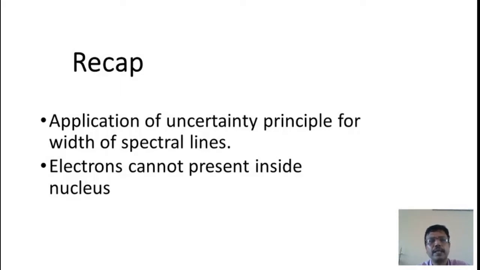Second one, application of Heisenberg uncertainty principle to determine that electrons are not present inside the nucleus. Heisenberg uncertainty principle: it is impossible to measure the position and the momentum of a particle precisely and simultaneously. That means if there is an uncertainty in the measurement of position, then there is no uncertainty in the measurement